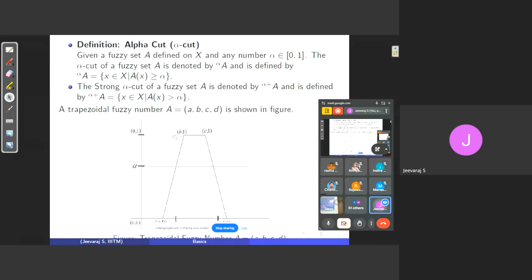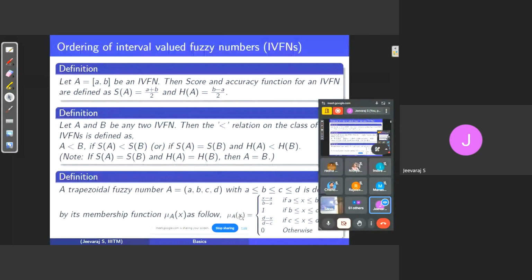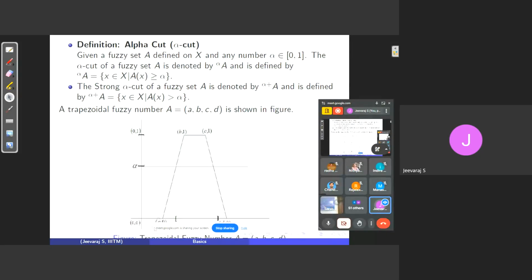And between the interval b to c, its membership value is exactly equal to 1. Similarly, between c to d, the membership value is nothing but the line joining these 2 points, c comma 1 and d comma 0. That is how we have obtained the membership function for the trapezoidal fuzzy number A equal to ABCD. And in all other places, the membership value is 0, which are less than a as well as greater than d. Now,